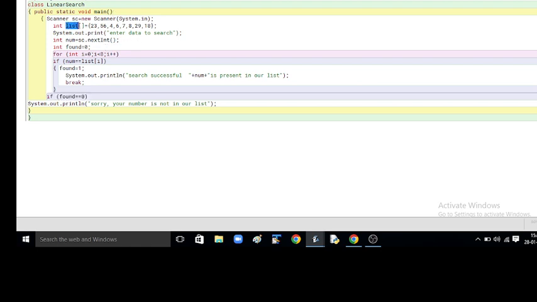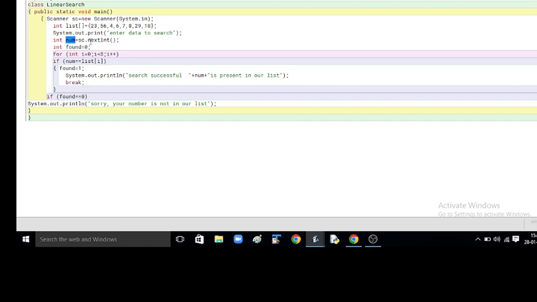In an array variable list, few numbers are stored, and in num we'll enter the number which we want to search in these numbers. Now the criterion is simple. If num is equal to list of i, it will first check at the first place.